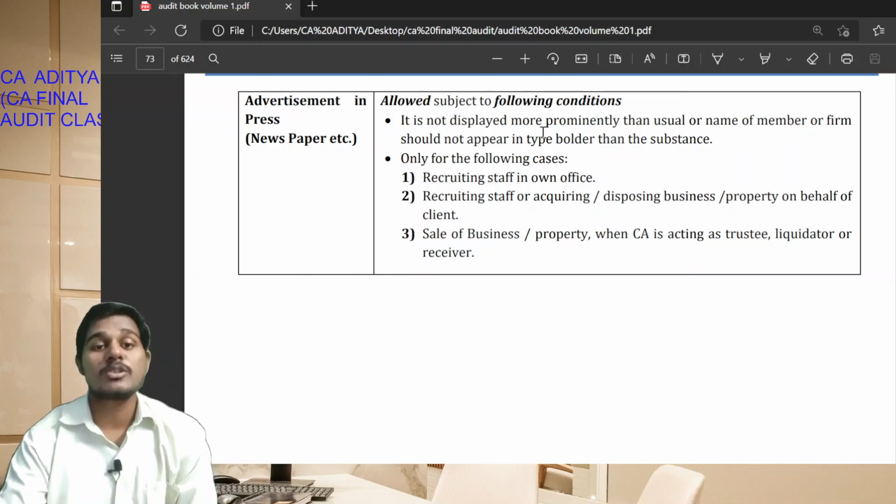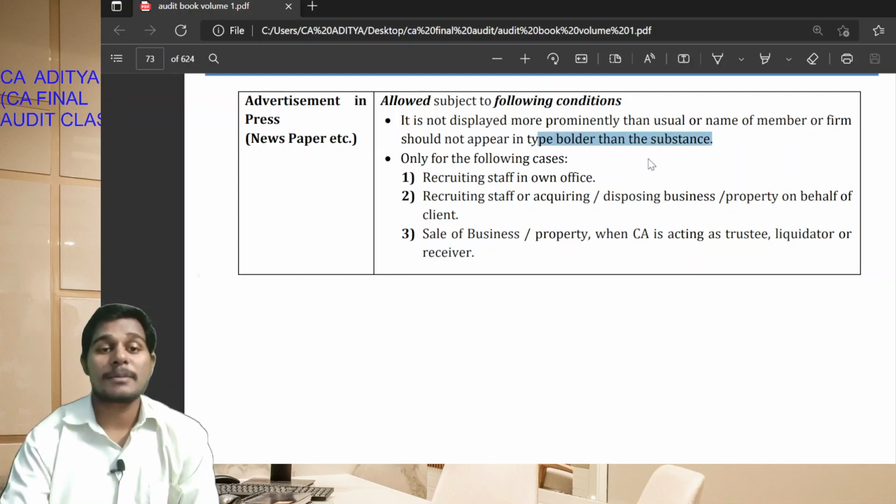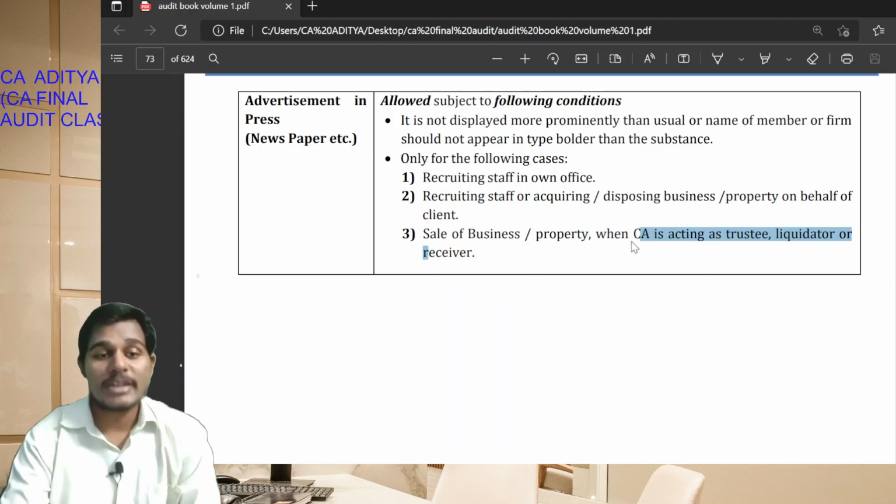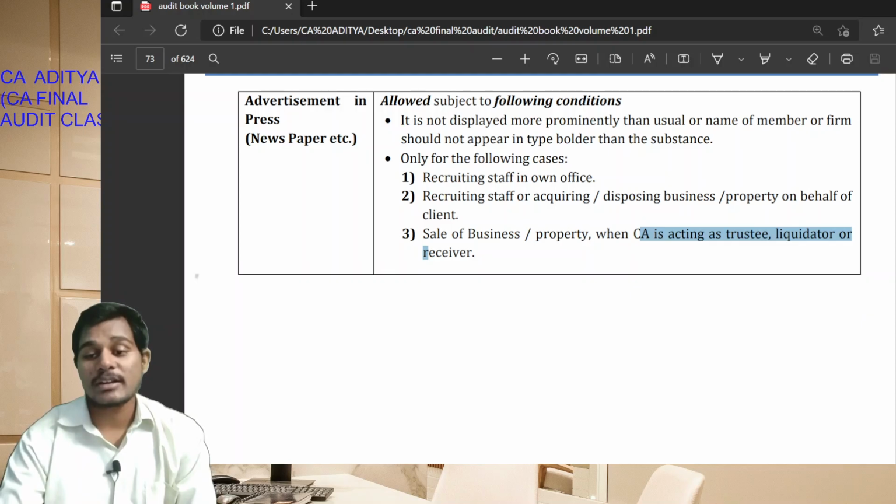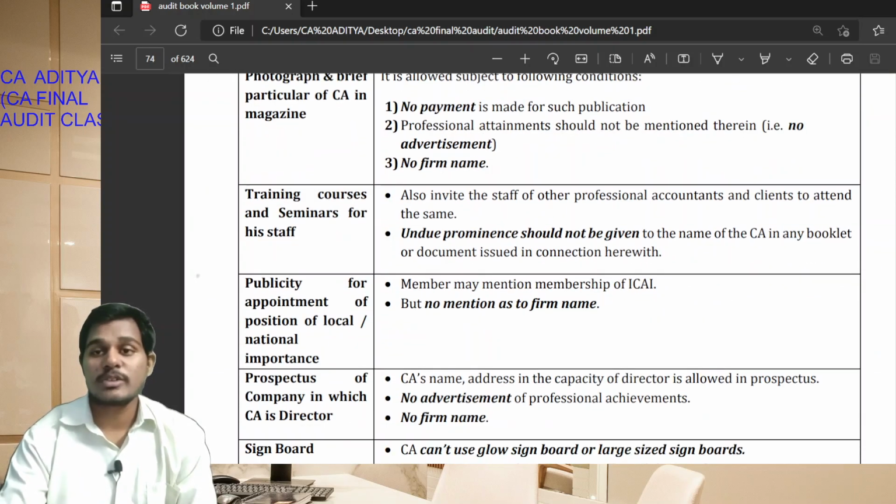Okay students, it should not be bolder than the substance. It should be only for the purpose of recruitment of staff, disposing of business or sale of any business where the CA is acting as trustee, liquidator or official receiver. See students,